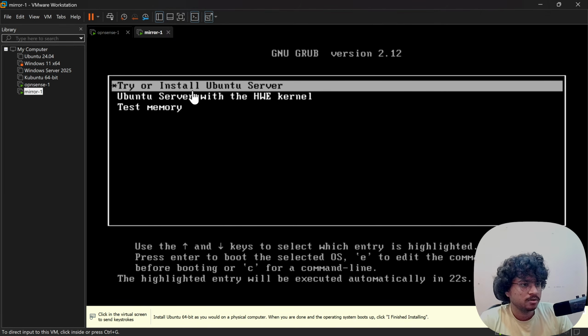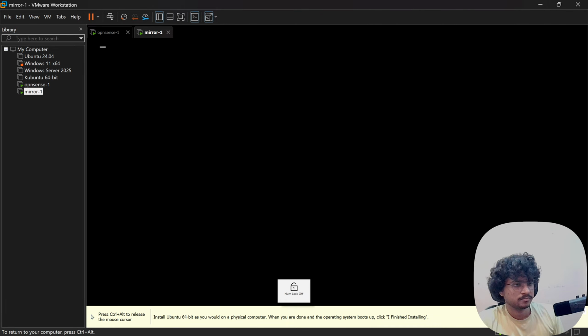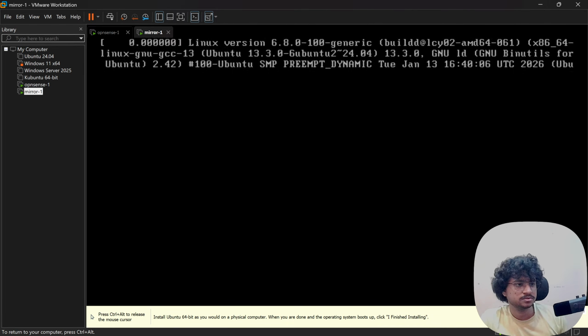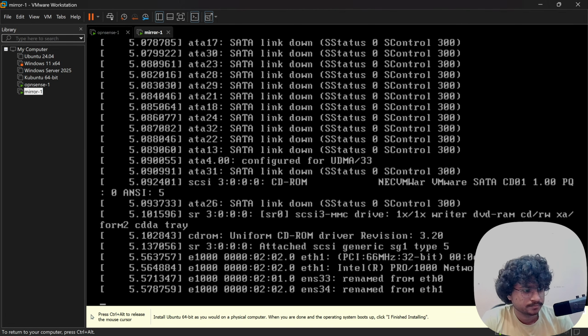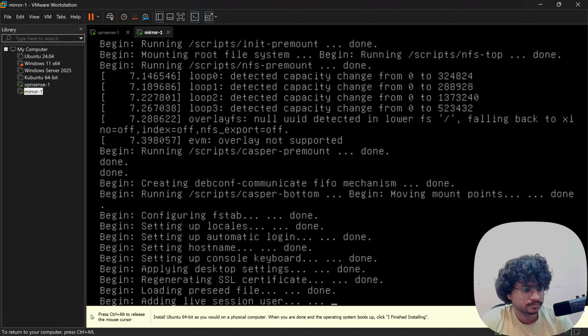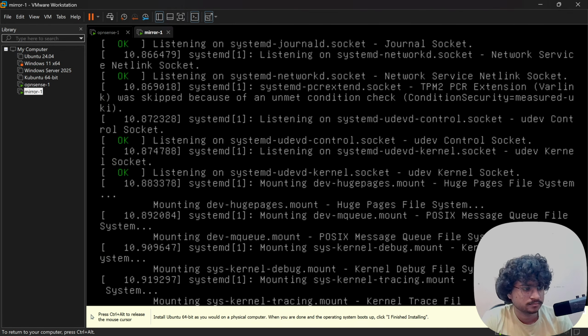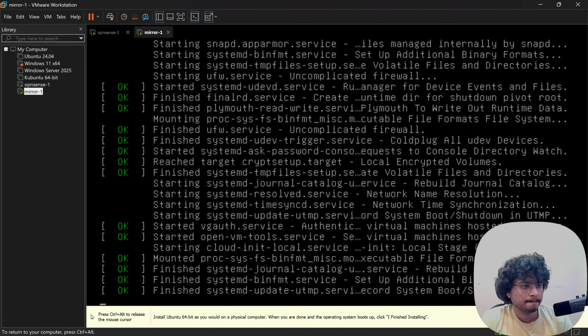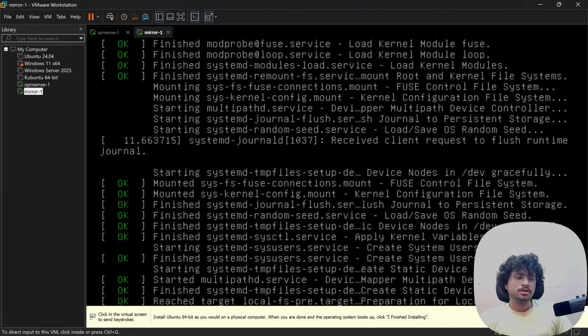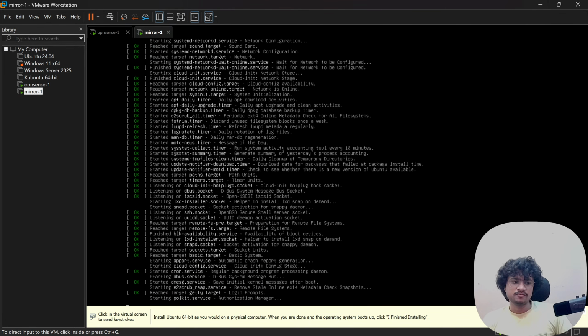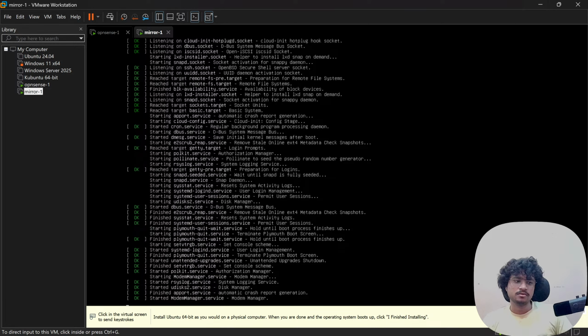It's just too small. Try or install Ubuntu server. Yeah, I need to install. You see, I think there will be no internet connection for now. I think.